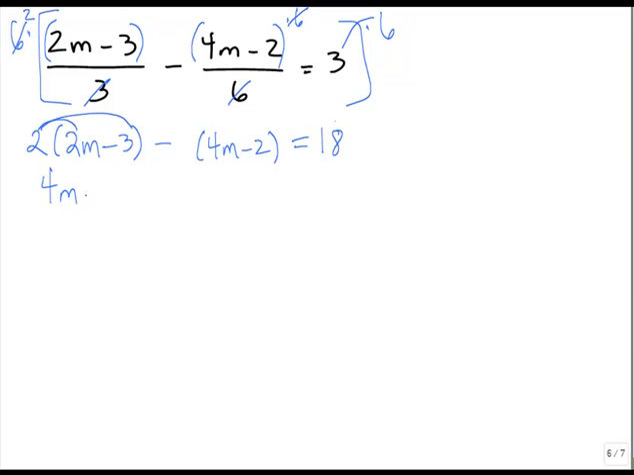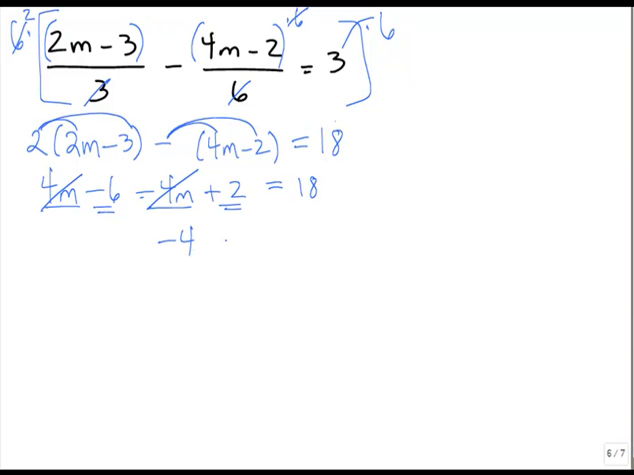2 times minus 3 is minus 6. Minus times 4m is minus 4m. And minus times negative 2 becomes positive 2 equals 18. Now on the left-hand side, we do have some like terms. Notice that something kind of weird happens on this example. We have a 4m and a minus 4m, so those two terms actually end up canceling each other out. You don't need to write 0m, they just become 0. So they totally disappear. That means the only thing we have left is negative 6 and a positive 2, which